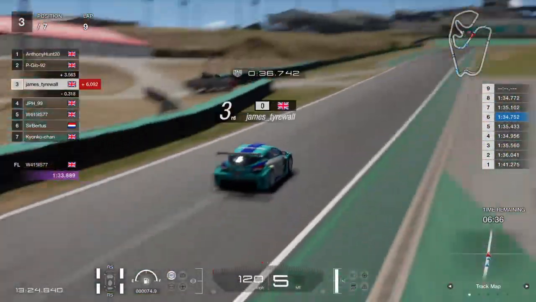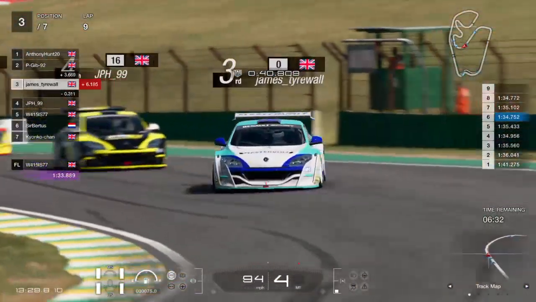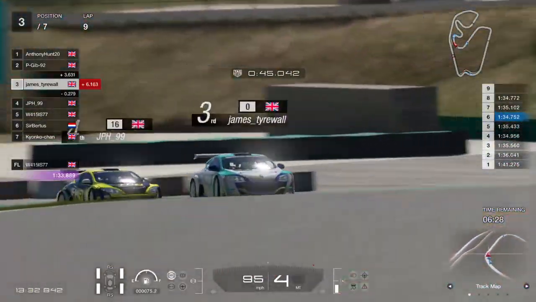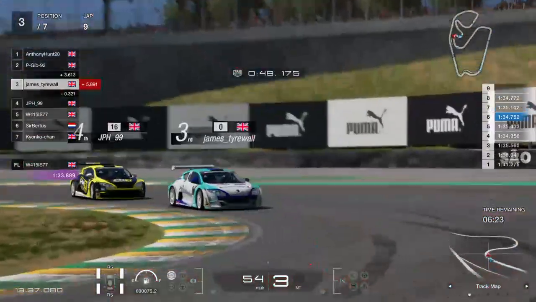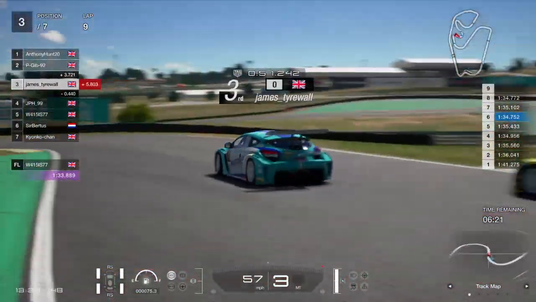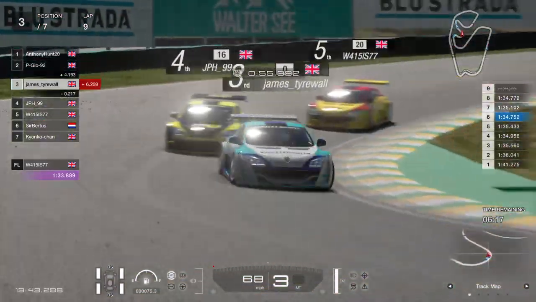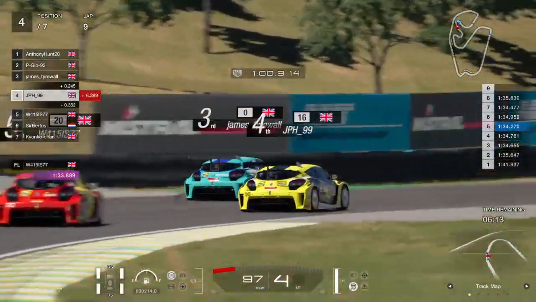It just shows you how quickly races can change, and this is already proven to be an exciting bit of action as just a sort of pre-season taste for what's about to come next Thursday. JPH a little bit wide there, obviously trying to make up for that mistake. He's all over the back now of Tyrewell. Got Wace just in behind him as well as that,